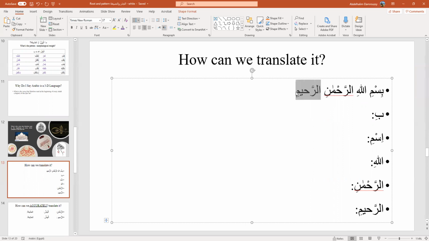So this was the easy question. What's the verse that Muslims start every surah with? It's Bismillahir Rahmanir Rahim. That's the easy part. Now, let me ask you the tough question. How can we translate it? Let's translate the easy part first. So Bism consists of 2 parts, Bi plus Ism. So Bi means,